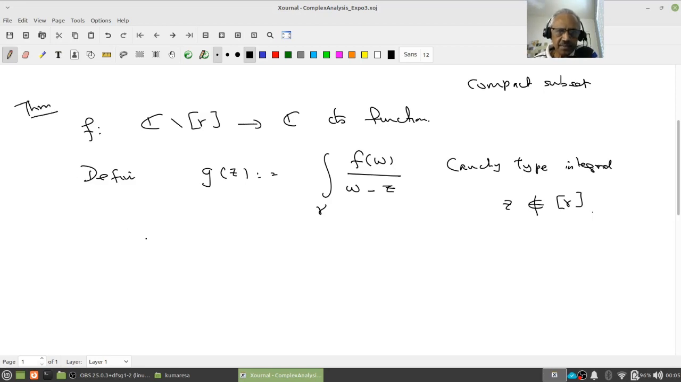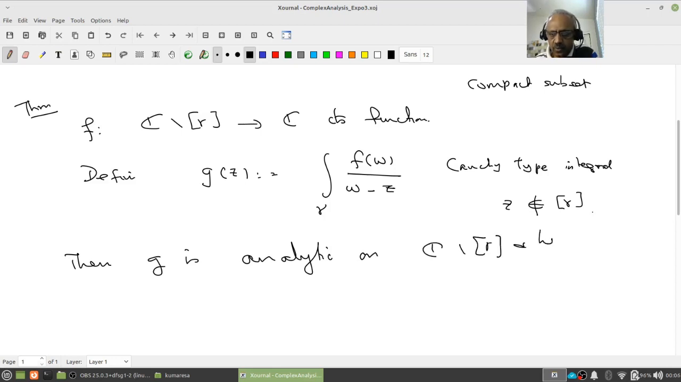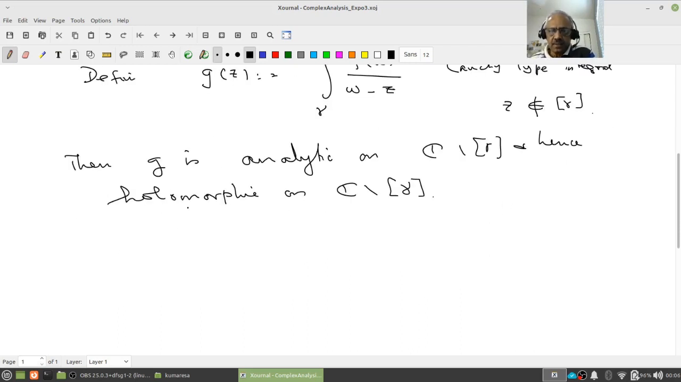Let me call it a theorem. Then g is analytic on C minus gamma, and hence holomorphic. So in particular, the proof is very easy, not very easy in the sense that, suppose this is gamma,